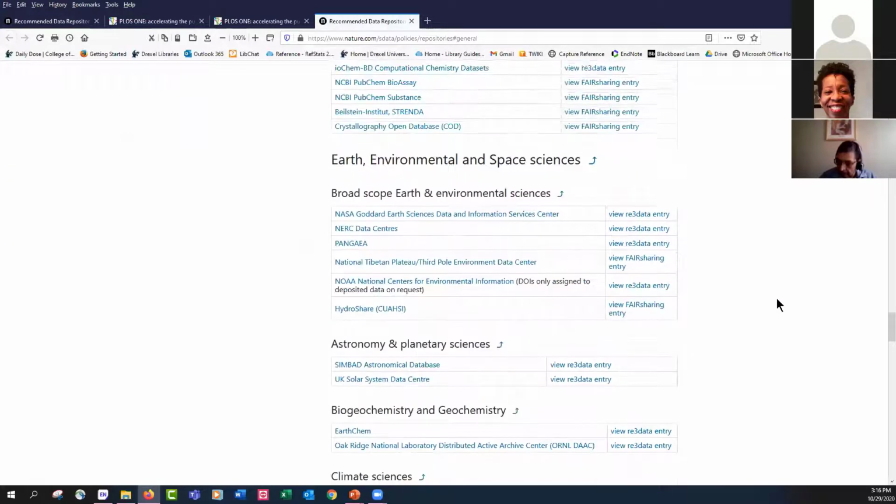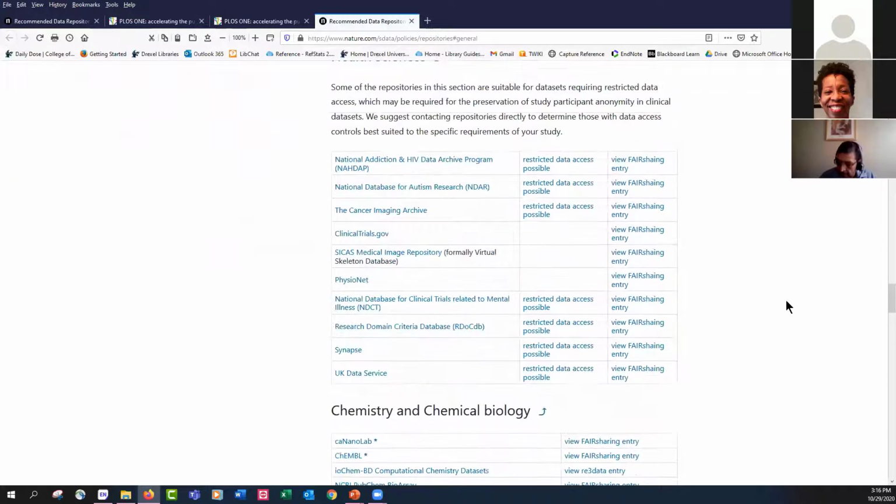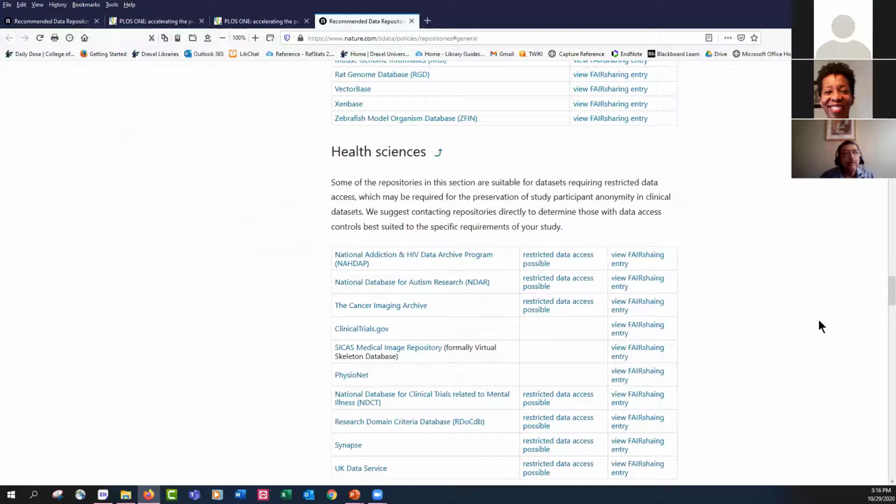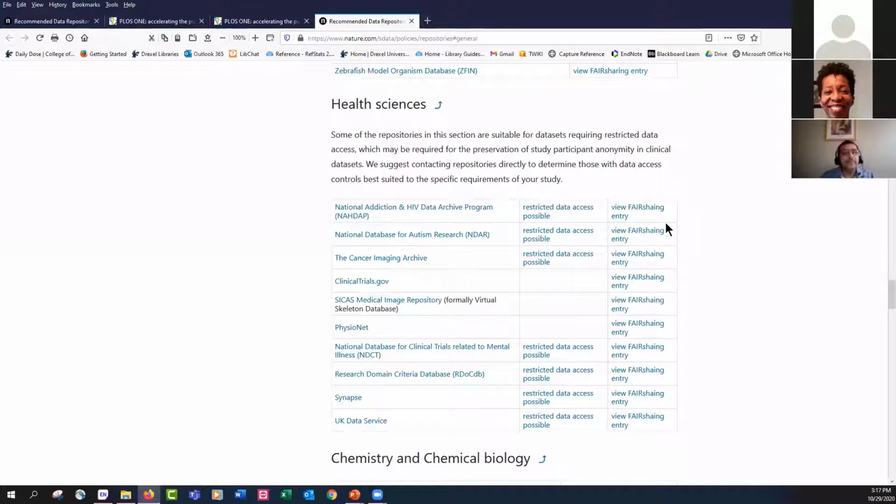Let's look at health sciences. So here's their health science category. And most of these repositories in this list are suitable for data sets requiring restricted data access. That might be needed to preserve study participant privacy in clinical data sets. So you can see that most of these columns have some type of restricted data access, and all of them